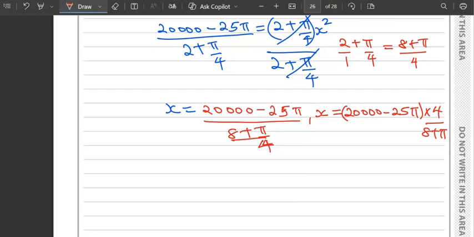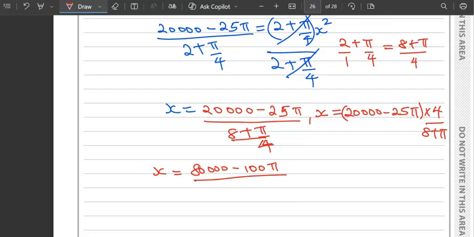So what we'll have here, the resultant, I think we can take 4 times everything in the bracket, so that x will be equals to 4 times 20,000 is simply 80,000. Then 4 times negative 25 pi, this one gives you minus 100 pi,